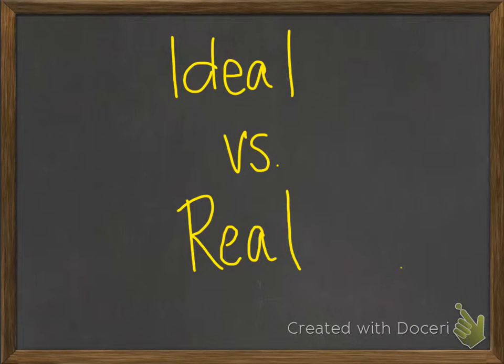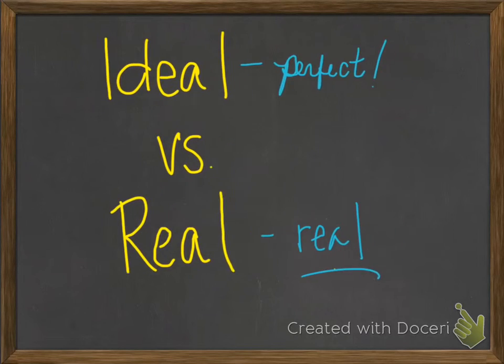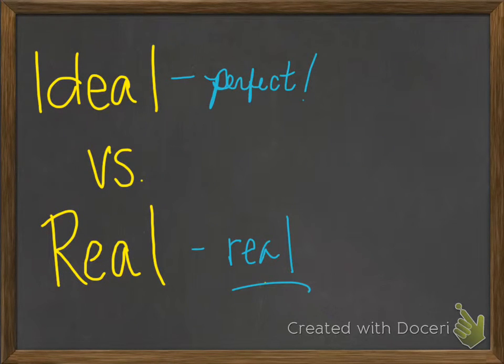Okay, ideal gases versus real gases. Pretty easy here. Ideal gases are perfect. That's right. They do exactly everything that we assume gases do according to kinetic molecular theory of matter. Then there are real gases. Real gases, well, they're real. What that means is they occasionally tend to deviate from our expectations for an ideal gas. Maybe their collisions between particles aren't completely elastic. Maybe they do lose some energy over time. Maybe they are slightly attracted to one another.